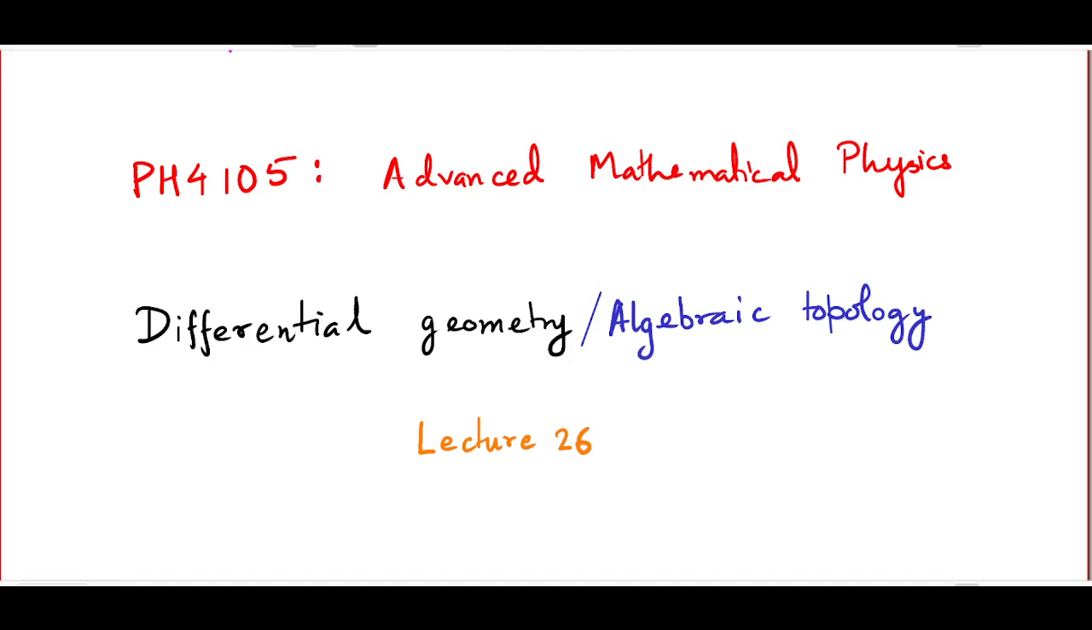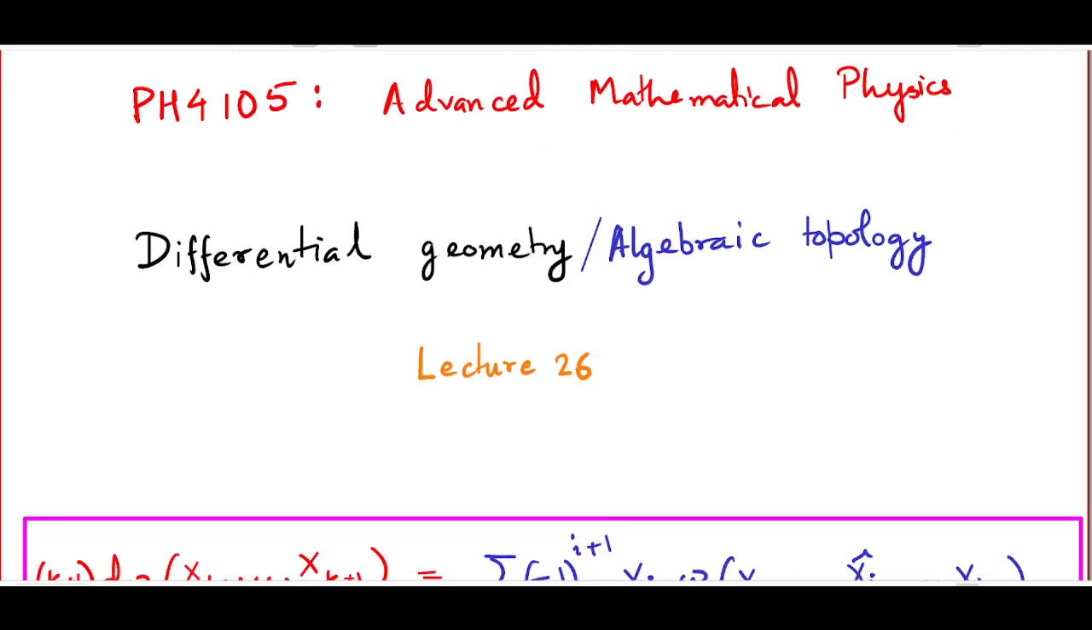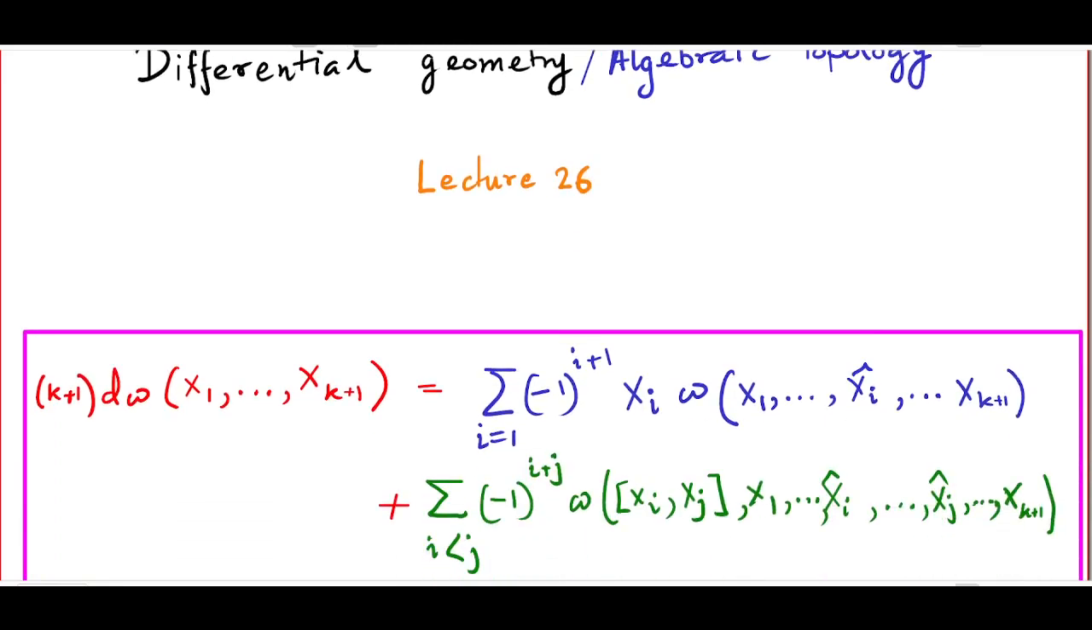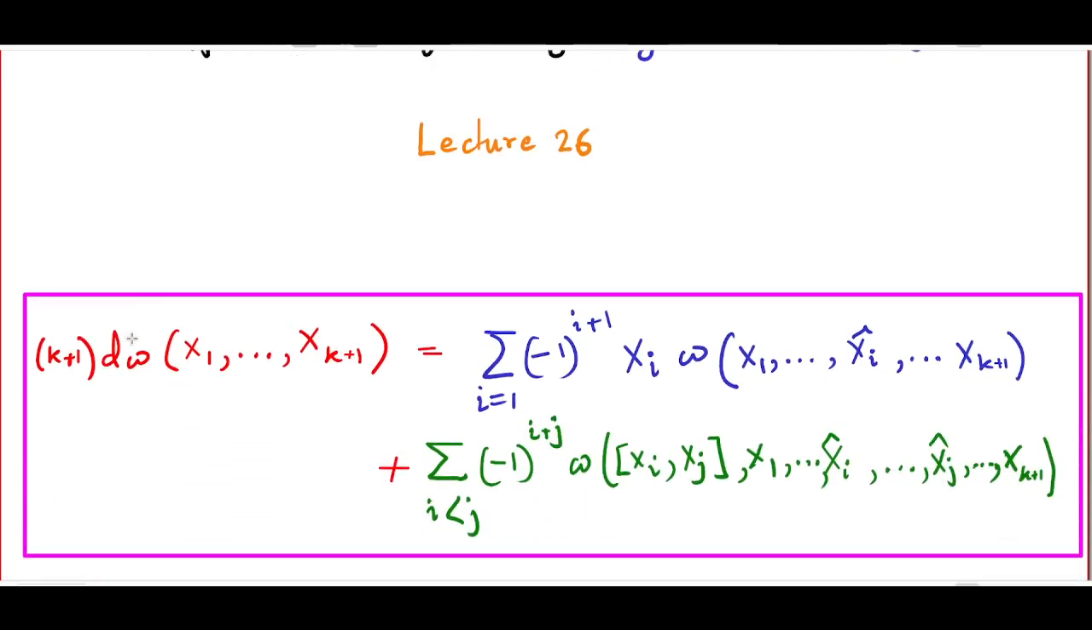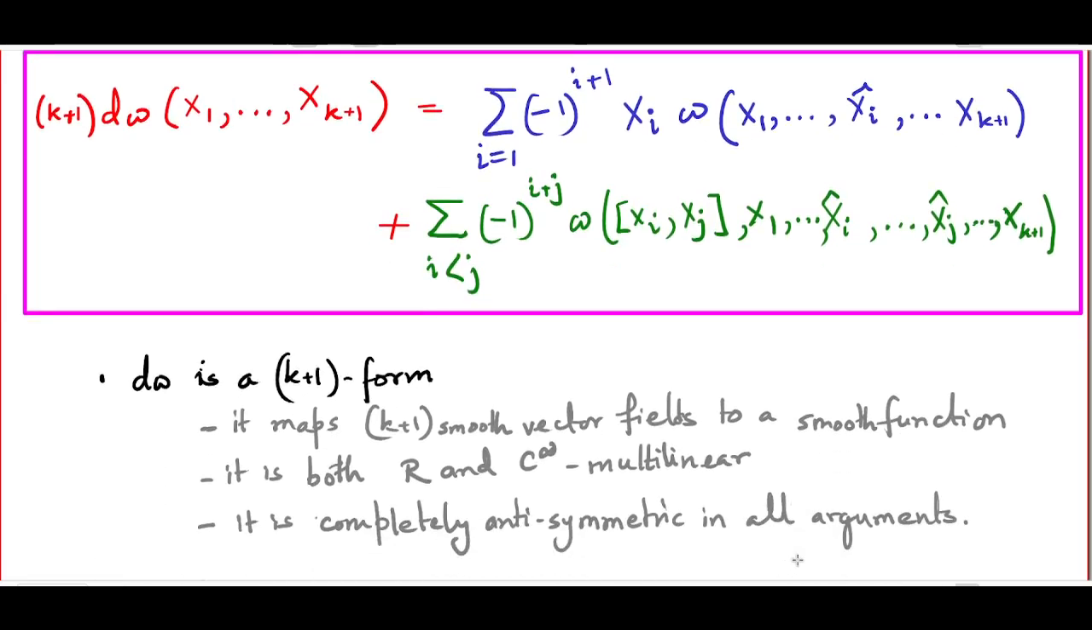This is the exterior derivative of a k form omega. The exterior derivative is d omega, which is a k plus 1 form, defined by this rather non-trivial looking expression. In the last lecture, we had shown that this actually is a k plus 1 form because it